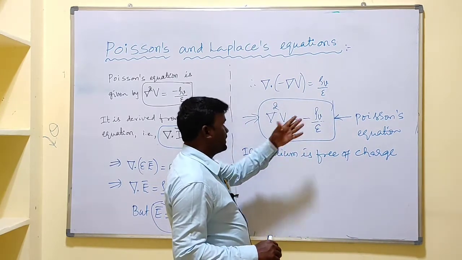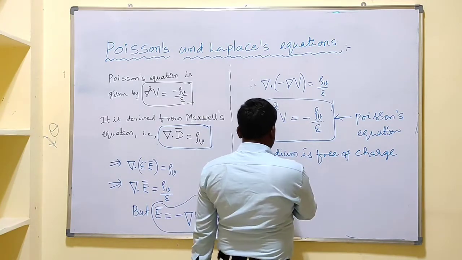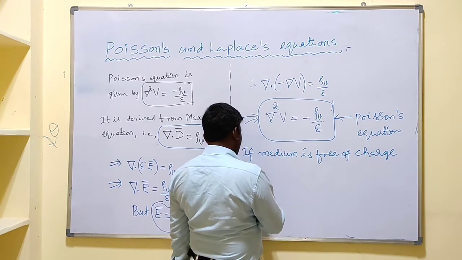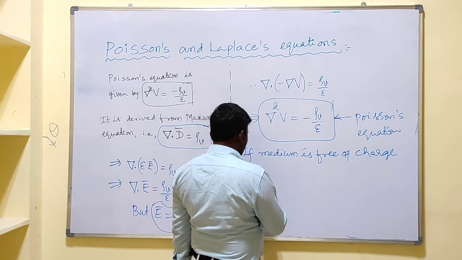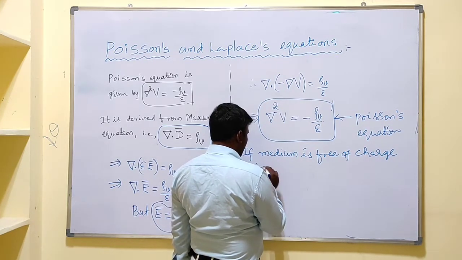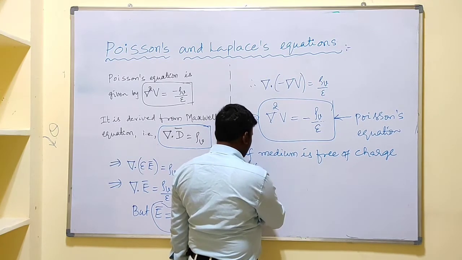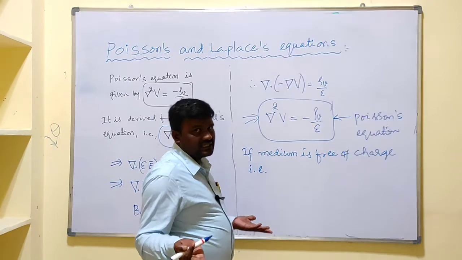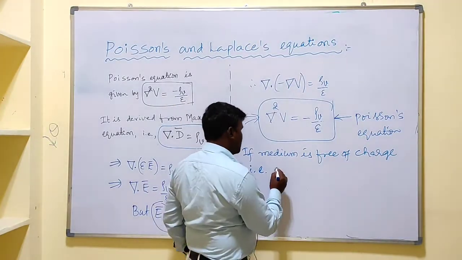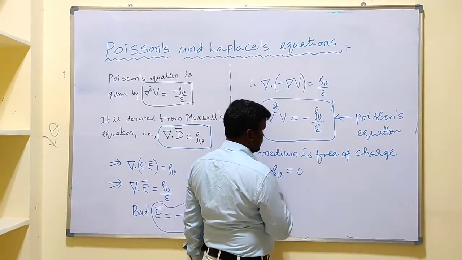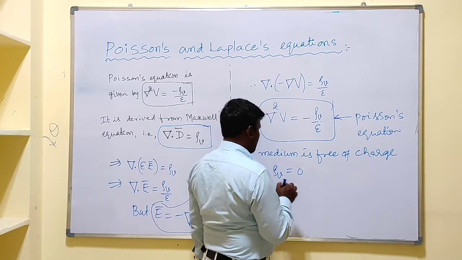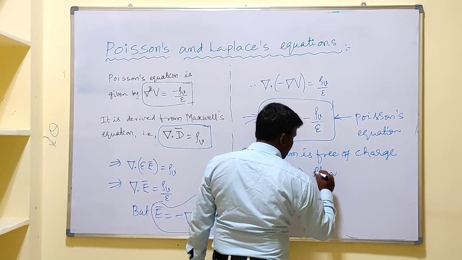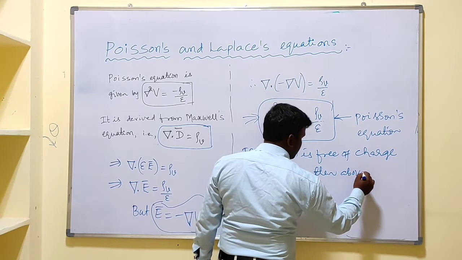That means there is no charge in the medium, so there is no charge density. In that case, rho V equals 0. So if rho V equals 0, then the above equation becomes,